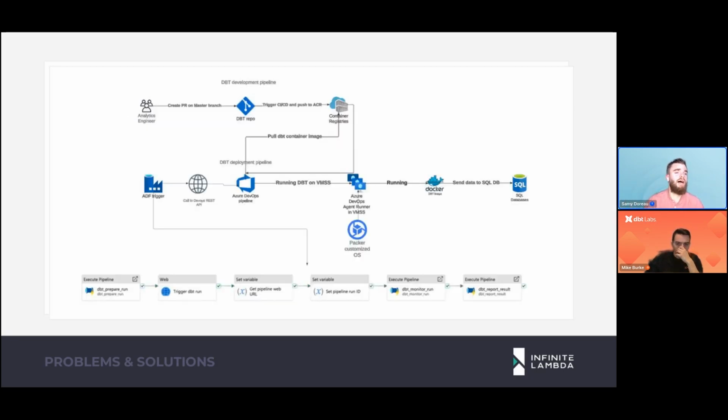Well, you need something. So at Infinite Lambda, we have used this architecture, which is really nice, which is using Data Factory as an orchestrator. And then DBT actually runs on an Azure DevOps agent, which is kind of like GitLab runners, just little VMs. The good thing with DBT is it doesn't consume a lot of CPU on the machine, because DBT just sends instructions to your warehouse, right? So you just need a light